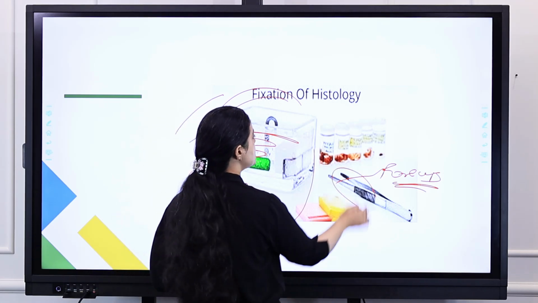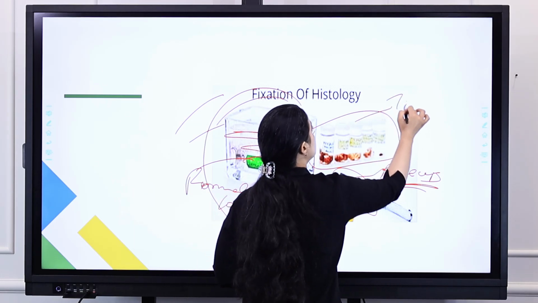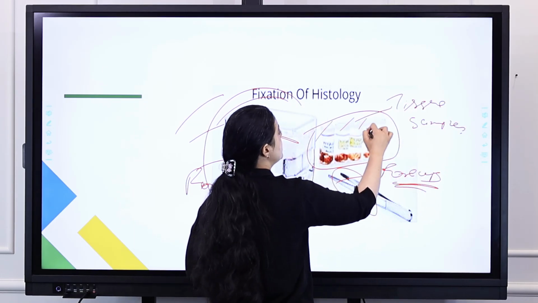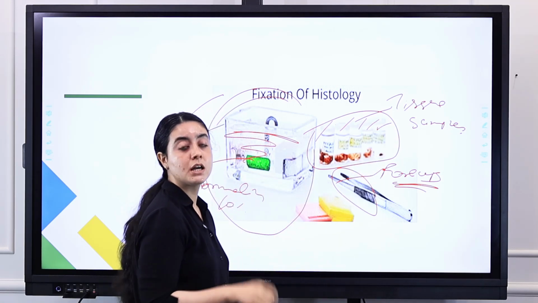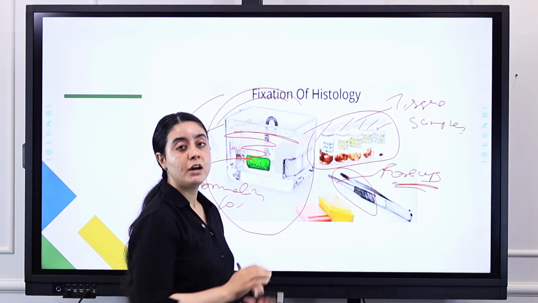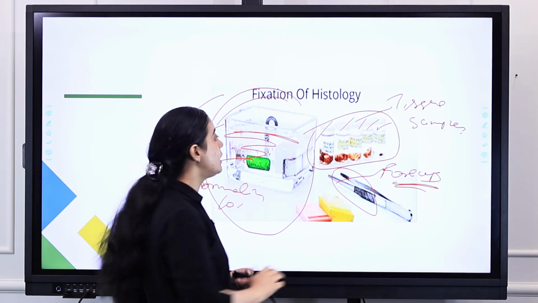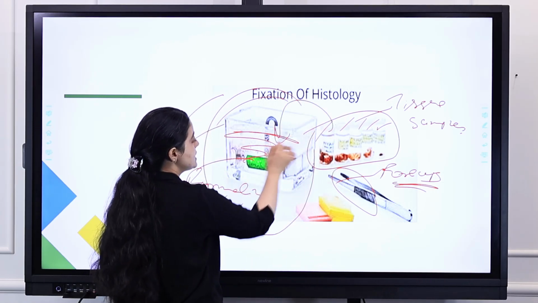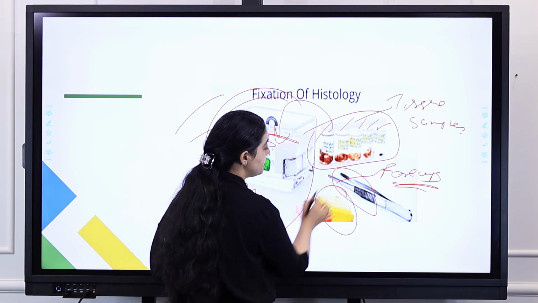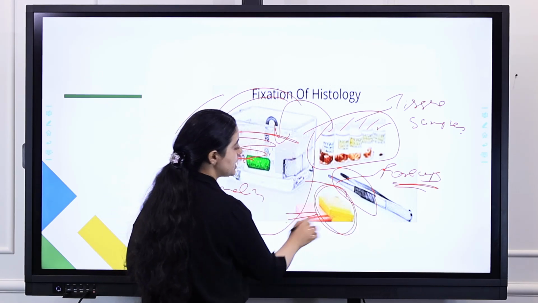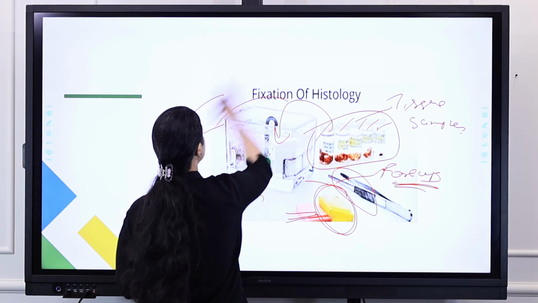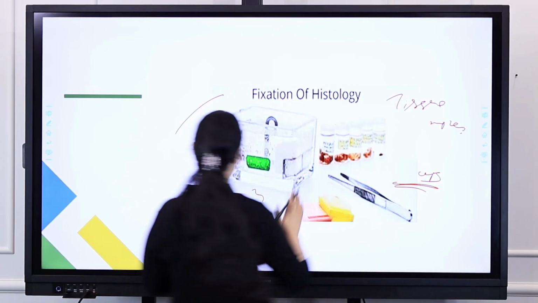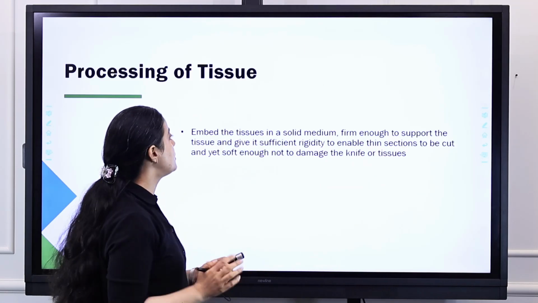So with the help of the forceps, these are the tissue samples. There are various tissue samples like 1, 2, 3, 4, 5. These are the tissue samples you have received in the histopathology lab. You have finished the gross examination, and now you have to fix these samples, right? You put these samples into the fixative, and then finally make your blocks with the help of these plastic cassettes, right? So like this you will fix your tissues.